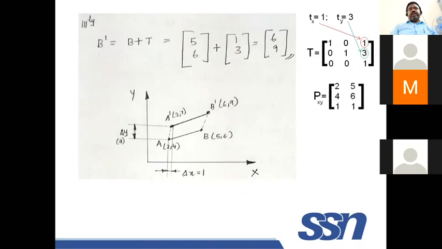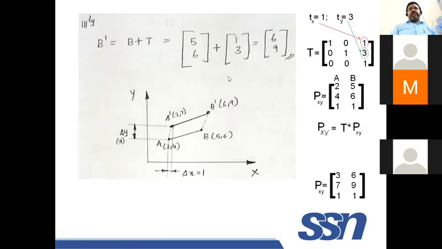Now Pxy, the initial coordinates, I am looking for. A is 2, 4, 1. B is 5, 6, 1. I am mentioning the order in which I am writing this expression. Point A is given as a column vector, B is the second column vector. Next, the new position P x prime y prime is equal to the transformation matrix times P xy. You have to do matrix multiplication. So T is this, P xy is this. Do the multiplication, you will be getting this answer.